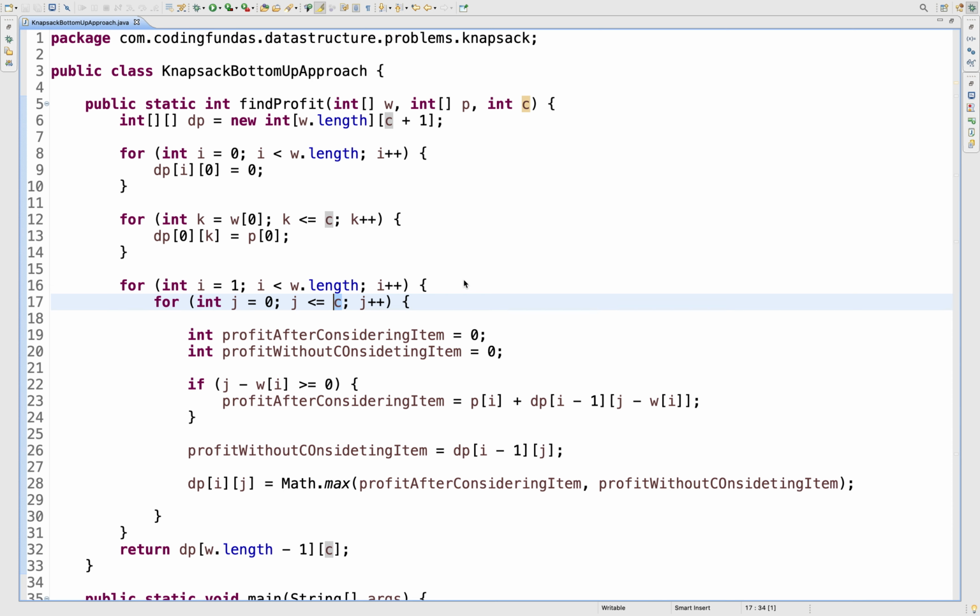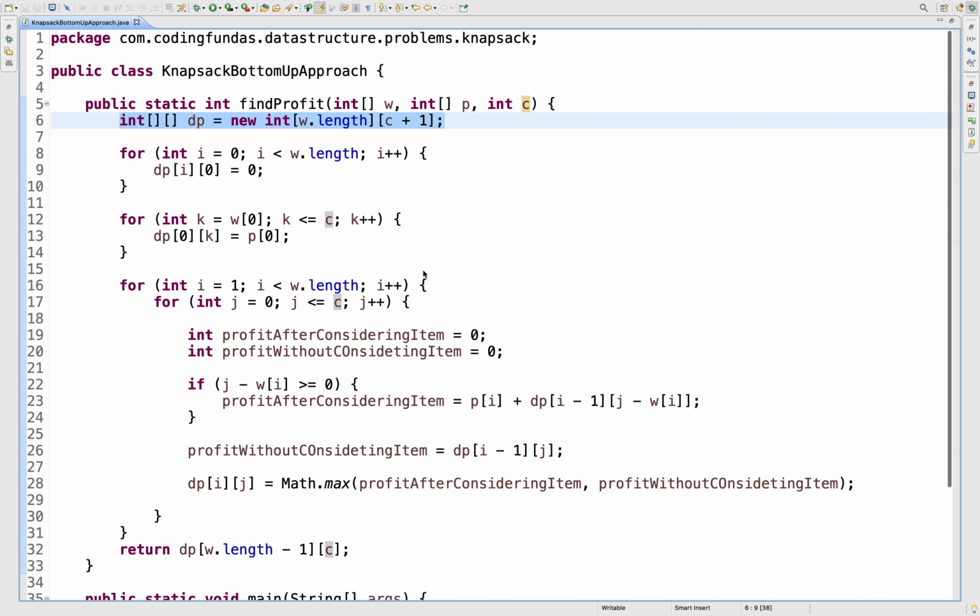And the space complexity will also remain the same, because we have taken a two-dimensional array of number of items multiplied by the capacity plus 1, so it will be n into c plus 1. And if you talk about the time complexity of the recursion with memoization case, the time complexity will again be number of items multiplied by the capacity, because that many subproblems we can have. Because we have taken a cache of number of items multiplied by the capacity size.